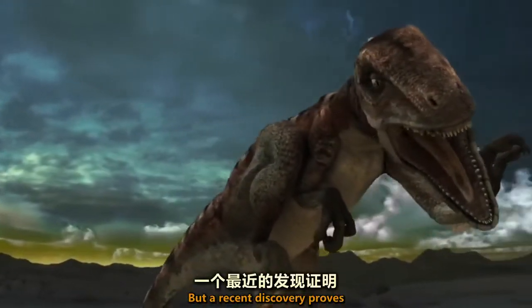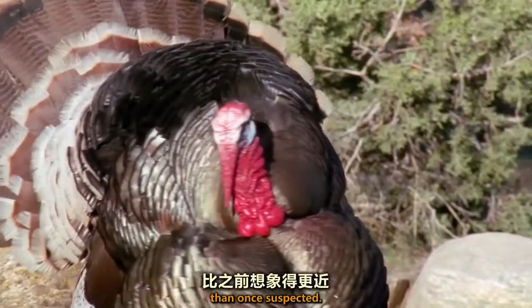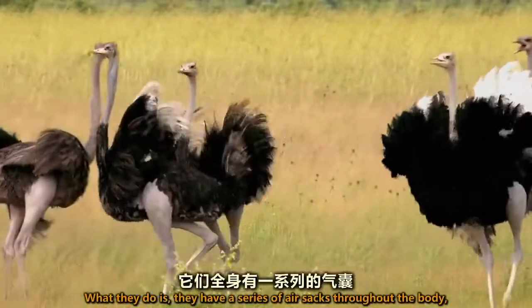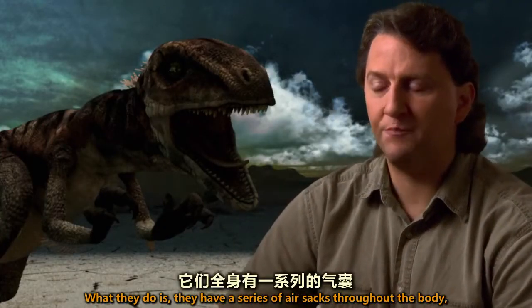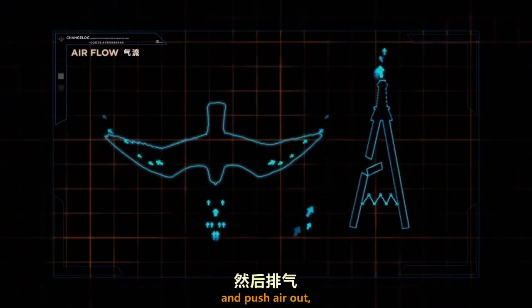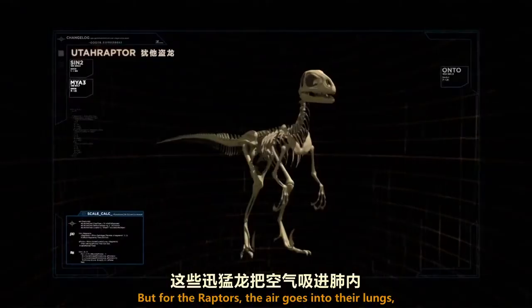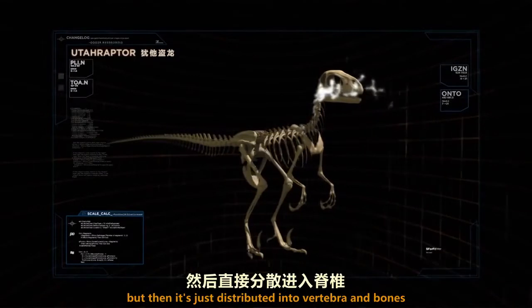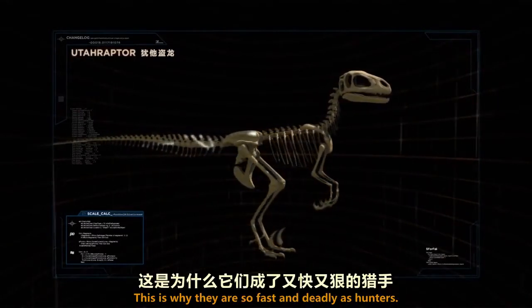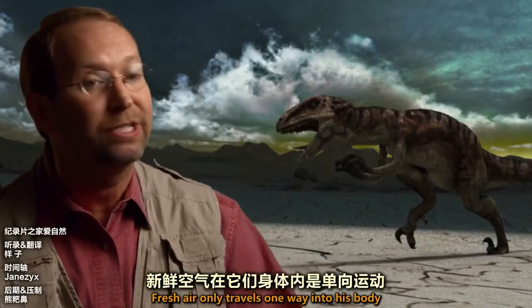But a recent discovery proves that raptors were even more closely related to birds than once suspected. Birds have really specialized lungs. What they do is they have a series of air sacs throughout the body. Some of them even enter the vertebrae that fill up with air and push air out, like a series of bellows. But for the raptors, the air goes into their lungs, but then it's distributed into vertebrae and bones throughout the entire body. This is why they're so fast and deadly as hunters. Fresh air only travels one way into its body, and fuel